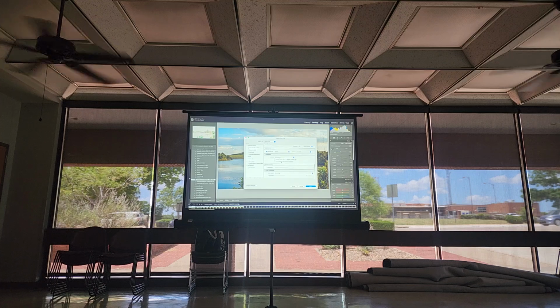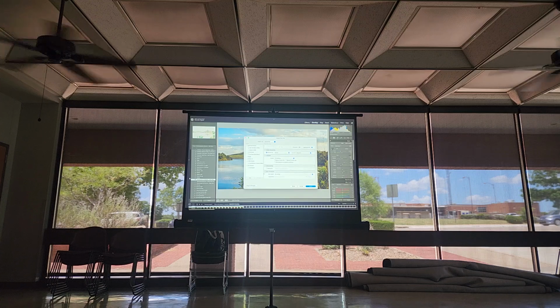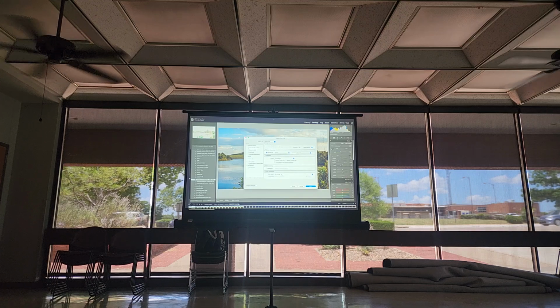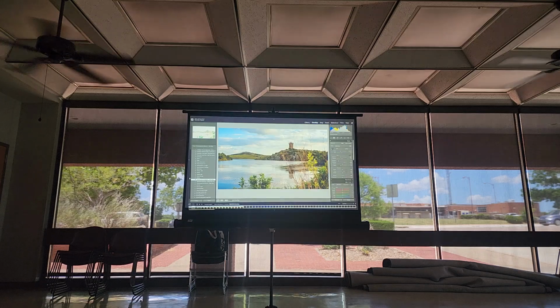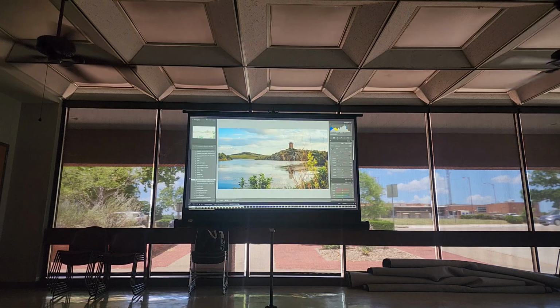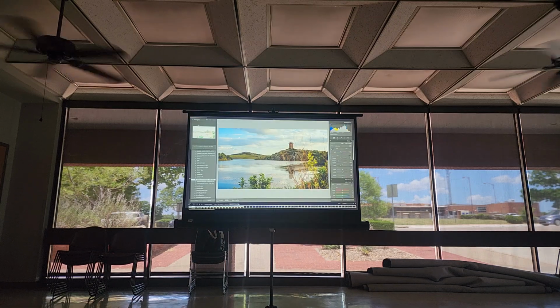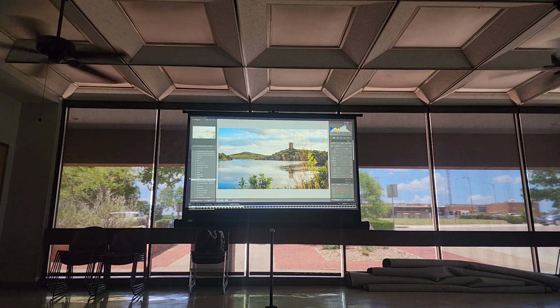I include all metadata. I don't add my watermark, and I do nothing after export. And then when you're ready and you got all those settings set, you just hit export, and it goes. And again, there's your progress bar at the top. It's telling you how much you're